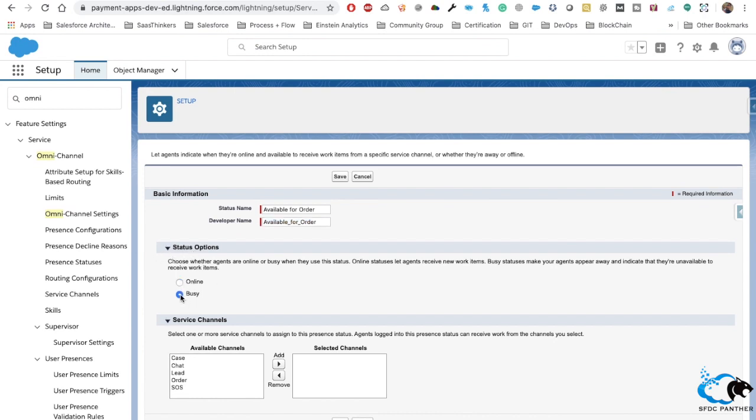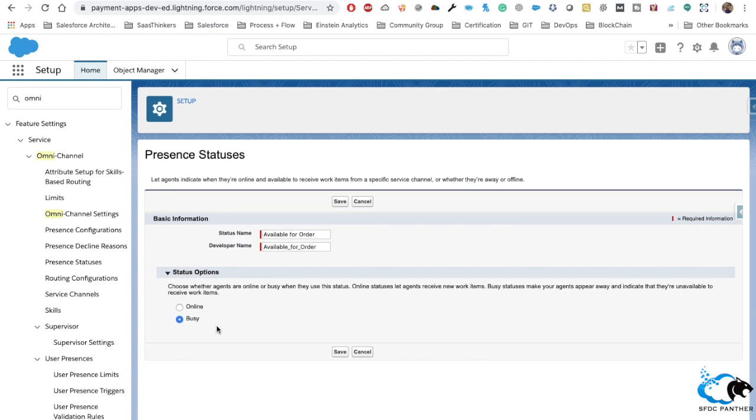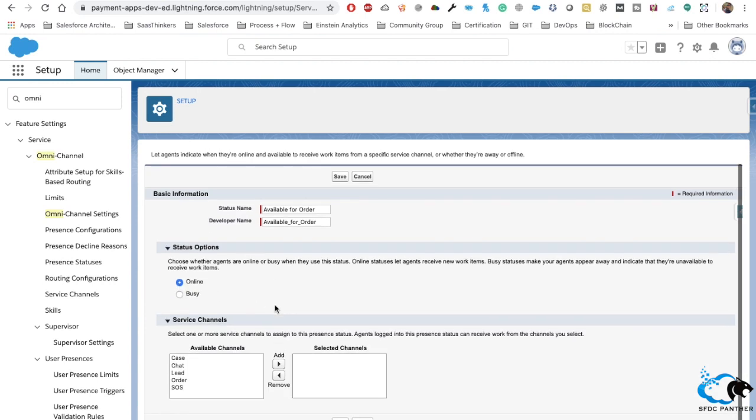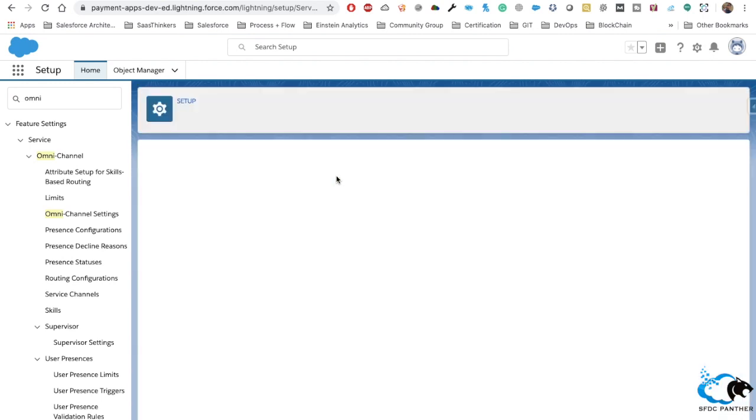If we select Busy, we don't see any options for the service channels, but if we select Online, then we must define for which service channel this presence status is going to work, what particular activities you want to accept. You can select either multiple or only one. Since this is Available for Orders, as the name indicates, we are going to select Order only, and then we will quickly save it.